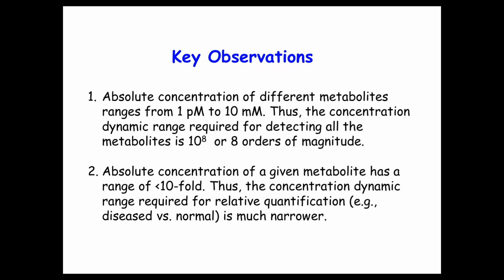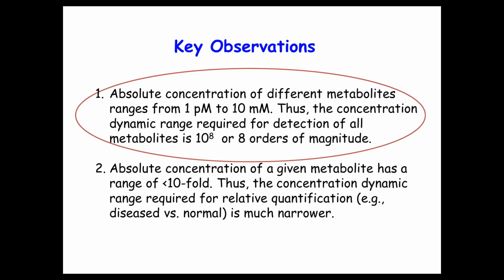Of course, some genetic disease or cell lines with knockout gene for a particular enzyme may have a larger than 100-fold change, but this kind of larger change can be easily spotted in a metabolomic data set. So the dynamic range for relative quantification is not a major analytical challenge. So our focus is on improving the detection dynamic range to cover a wide range of concentrations of different metabolites.